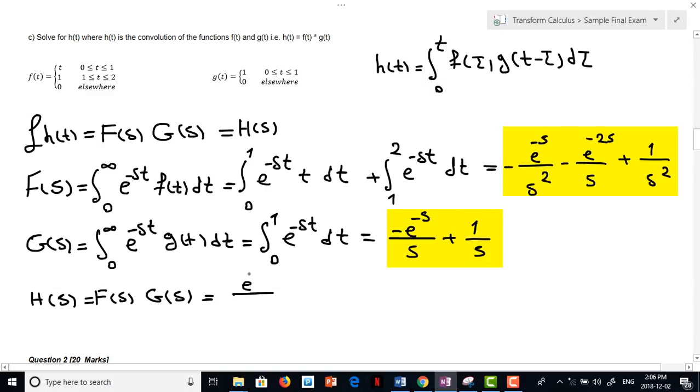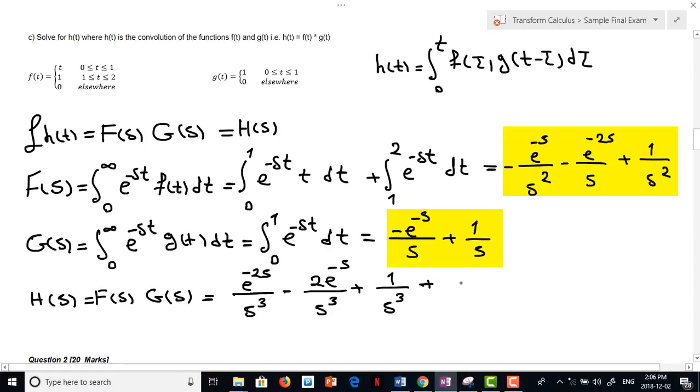So it's e to the power of minus 2s over s cubed, minus 2 times e to the power of minus s over s cubed, plus 1 over s cubed